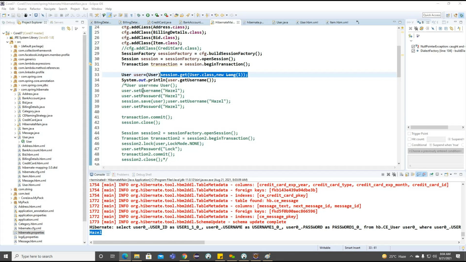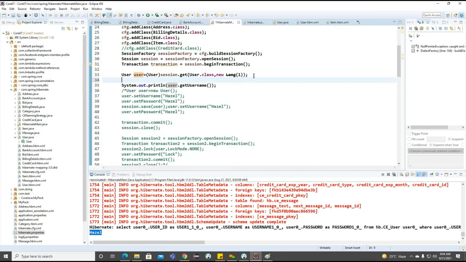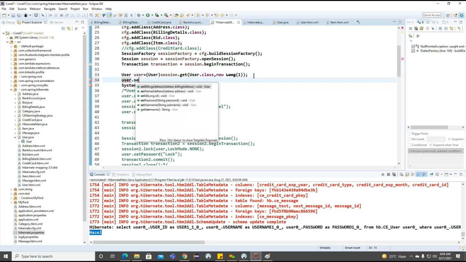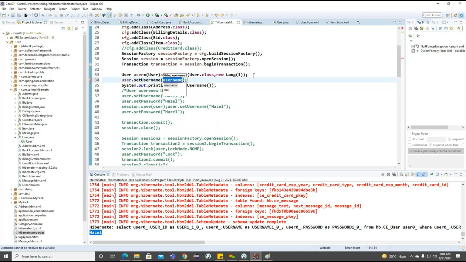Okay, let's see. Here we are loading the object information. After loading, I want to change the username here.